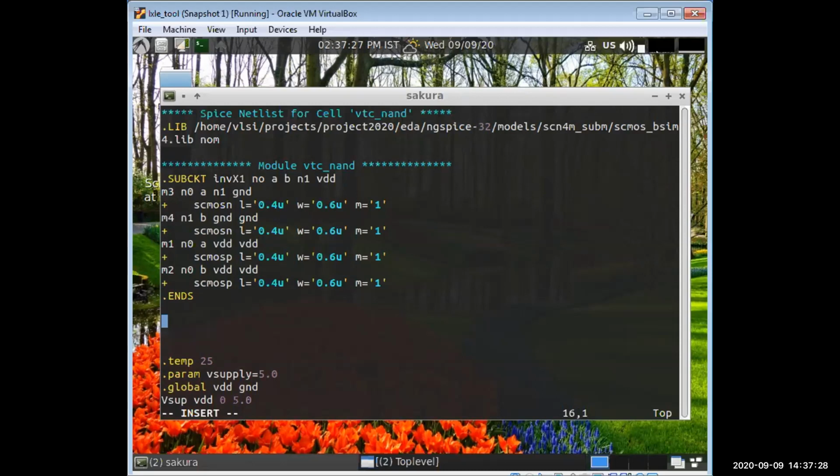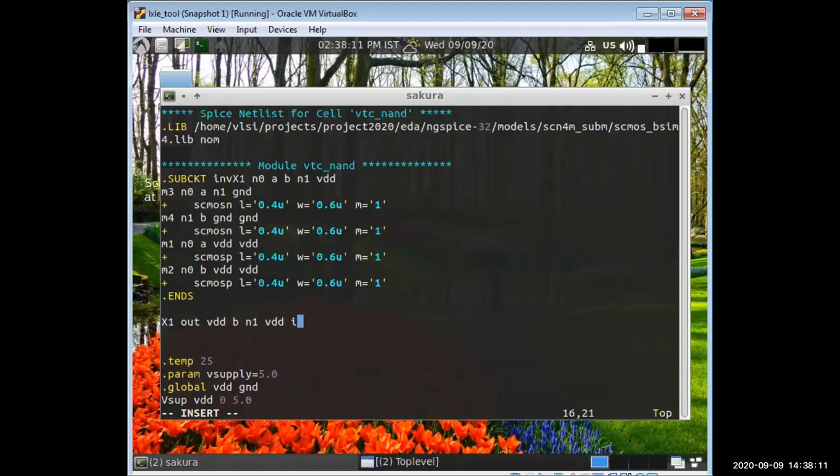Now instantiate two instantiations of the same subcircuit. So X1, N0, I have to give out because I am getting the output there. Now A and B voltages are there, so one has to be constant and the other has to sweep. So let's keep A as VDD. The A node is there, so after N0 it is actually A. So out, then VDD, then B will be swept: B, then N1, then VDD. I have written N0 mistakenly here. This is N0.